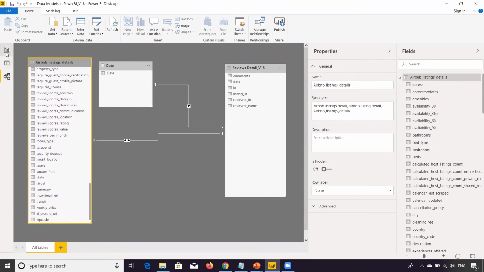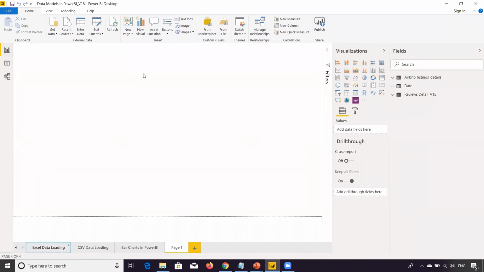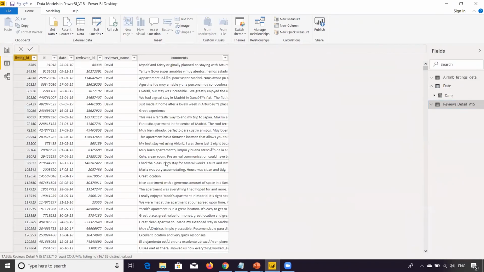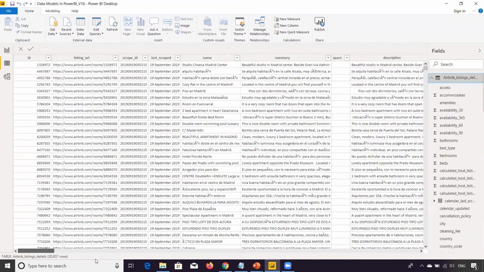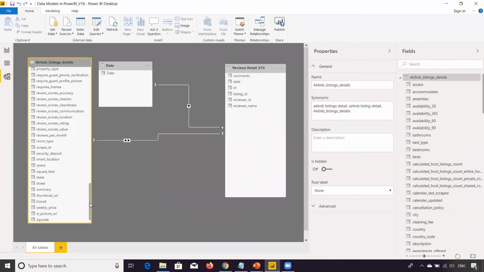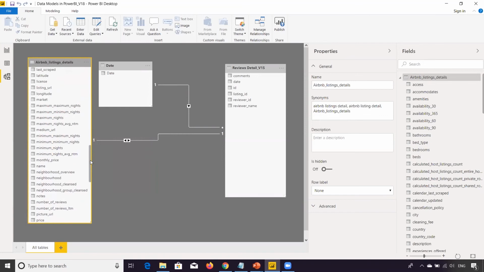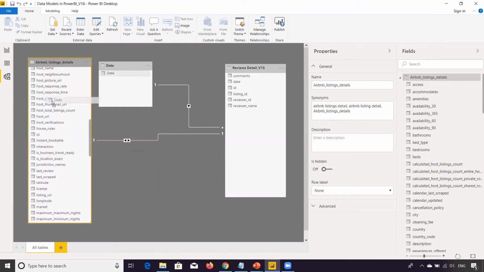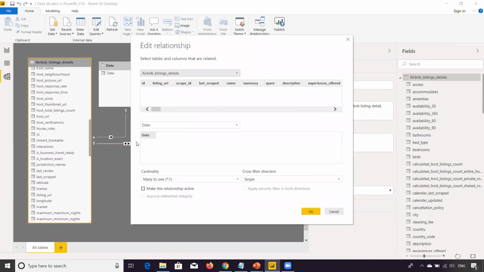Let's go to this table quickly. This field quickly, the data table, and let's see this one. So the property, yes, host since. So we need to find the host since. If we select the scroll bar and scroll up, host since. So date will be mapped to host since. Okay, now I can see the properties.